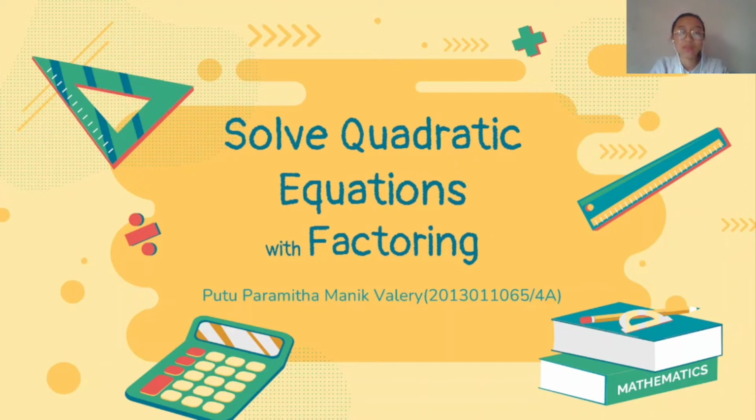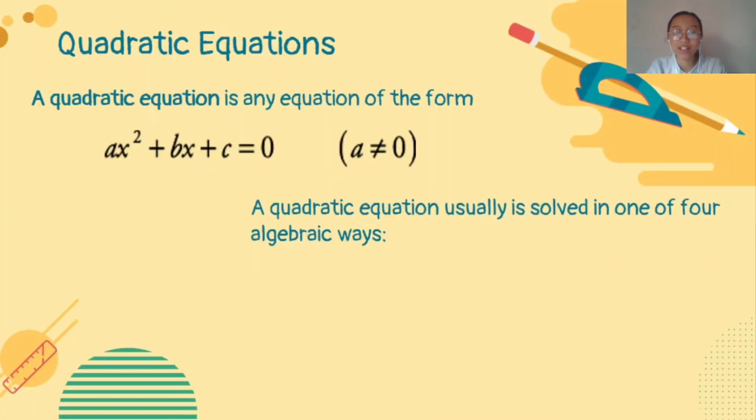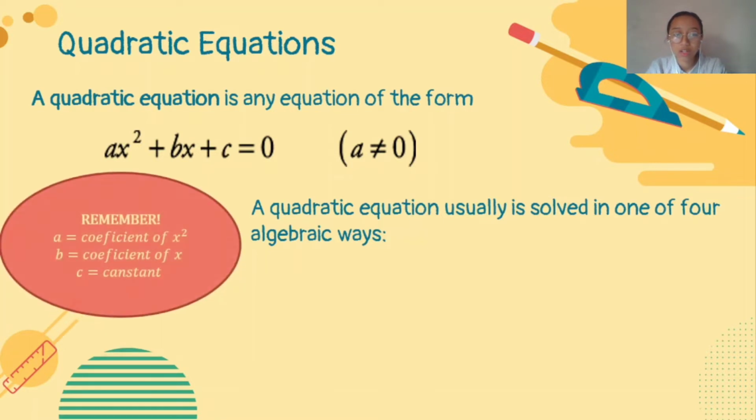Today, I want to present about solving quadratic equations with factoring. A quadratic equation is an equation of the form ax squared plus bx plus c equals 0, where a, the coefficient of x squared, is not equal to 0. We always have to remember that a is the coefficient of x squared, b is the coefficient of x, and c